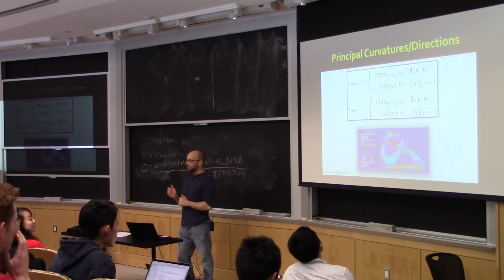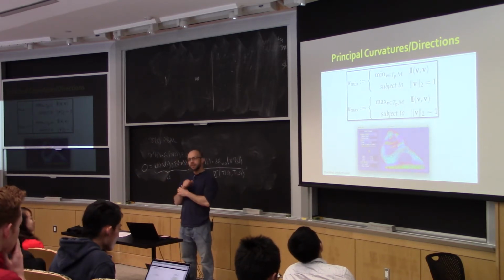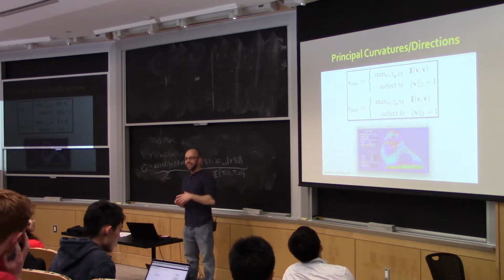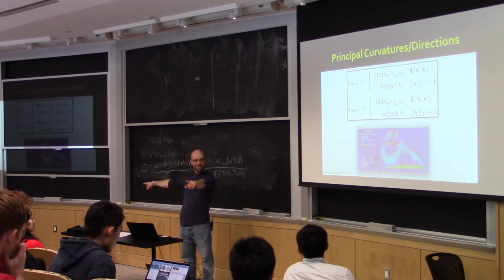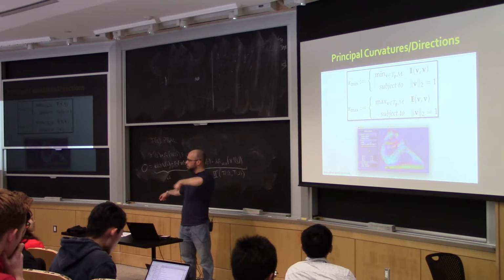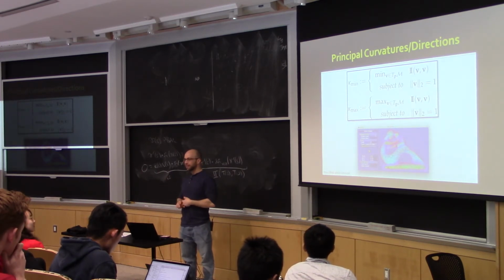The idea being that we can really think of the second fundamental form as a 2x2 matrix, right? It's kind of acting on the tangent plane, right? And we just showed that it's symmetric, and hence it has two eigenvectors in different directions that are orthogonal to one another. So the corresponding eigenvalues are the principal curvatures, and the eigenvectors are the principal directions.